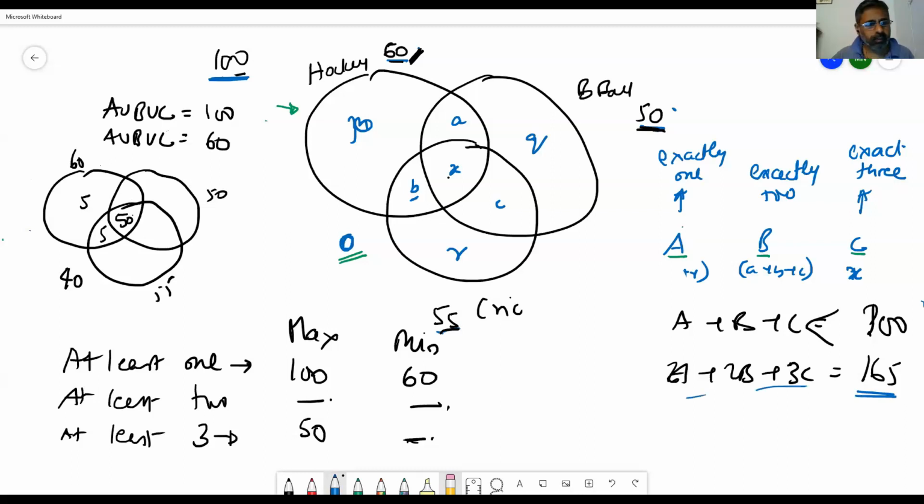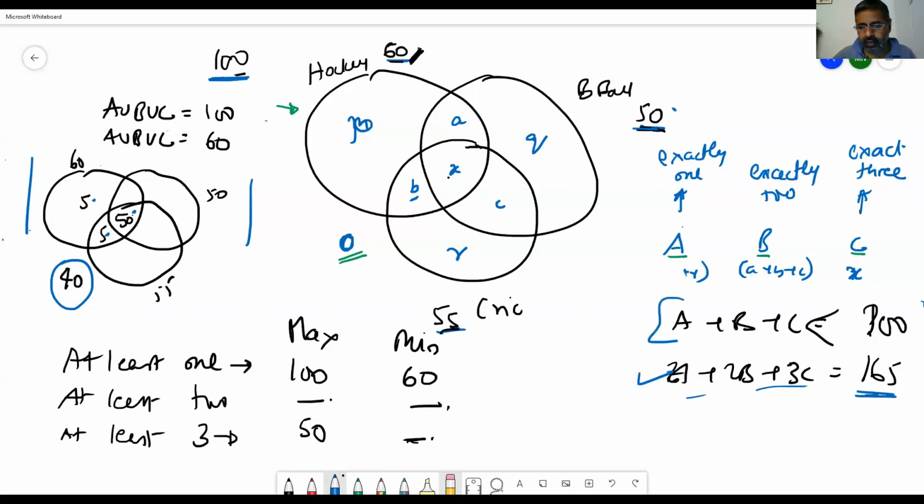There could be people outside, but the condition can still be satisfied. No, why not? Look at this. You have 40 people outside. Isn't this satisfying this condition? Look at this: 50 people getting 3, 150. 5 people getting 2, 160. Plus 5 people getting 1, 165. You saw this? Okay. So correct, this condition has to be satisfied because you have given this. It has to satisfy this 165.